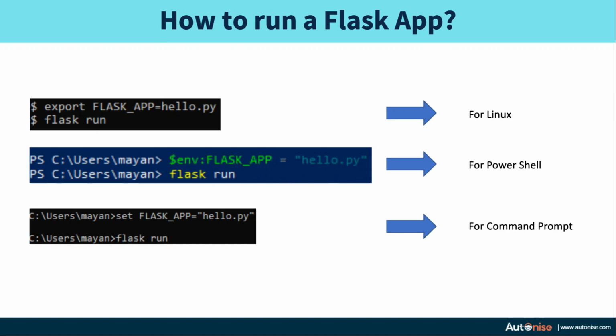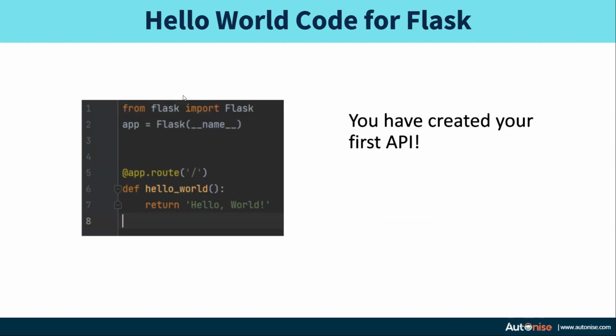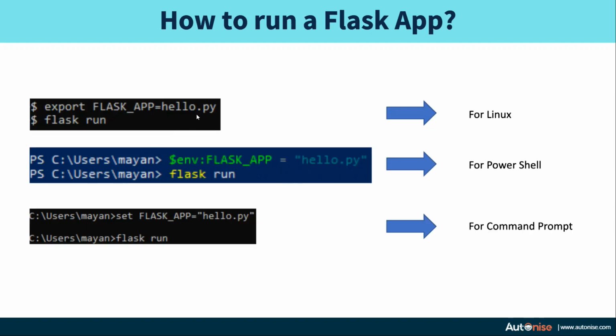Now, how do we run a Flask app? There's a different approach depending upon which operating system you are using. Let's say you are using Linux, then you have to export the Flask app environment variable and set its value to the file name. So let's assume that we stored this server code inside a file named hello.py. Then you put export FLASK_APP=hello.py. And then after you have exported the environment variable, you can just do flask run,